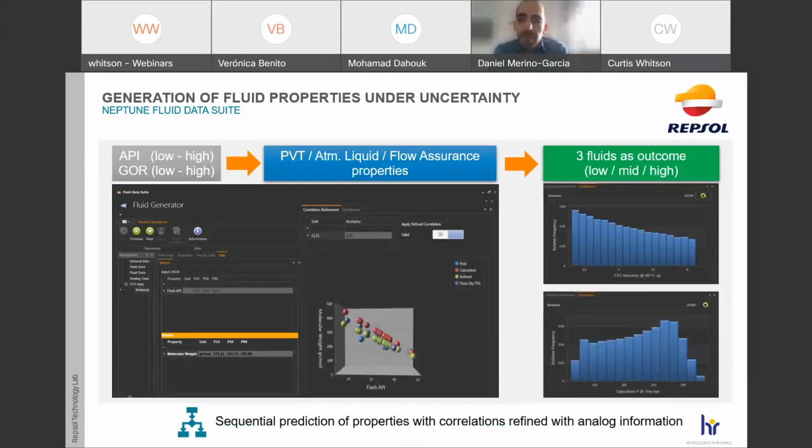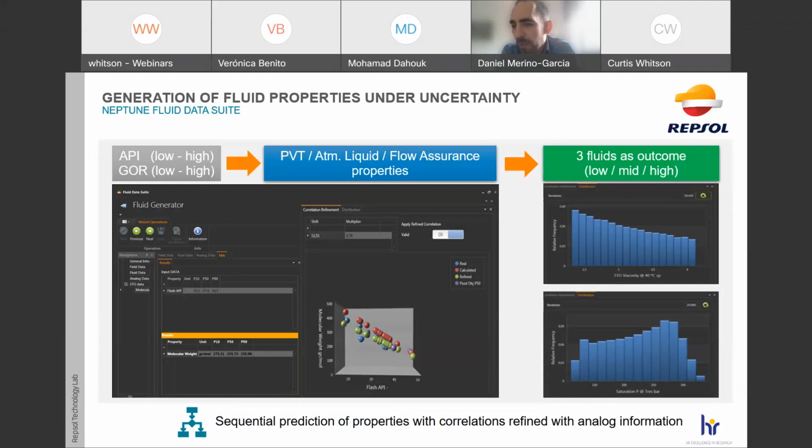The next workflow involves, as I said before, when we're trying to predict fluid properties in these early stages where you have no fluid sample. What we have come up with is a method in which you start with very few properties, API and GOR with an interval, because you have to consider an interval in the exploratory phase, right? And we have a method in which you sequentially calculate properties for PVT, saturation pressure, formation volume factor, for flow assurance, amount of solids, amount of asphaltenes, and so on, and also for the atmospheric liquid in terms of sulfur